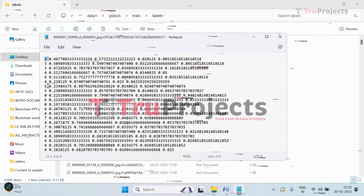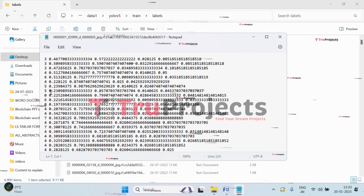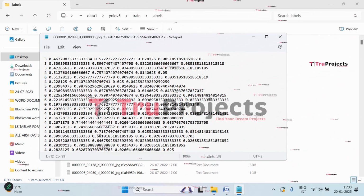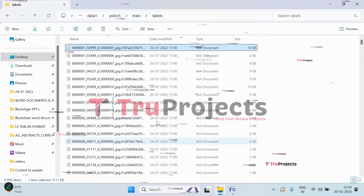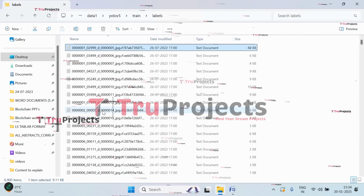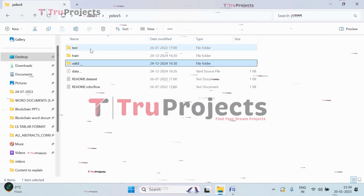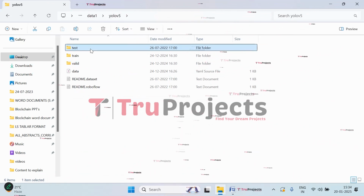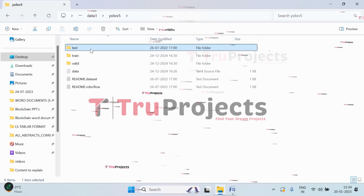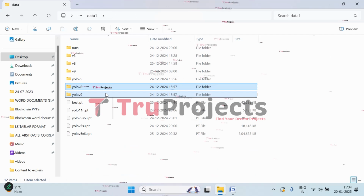Here 3 is one type of object, 4 is one type of object, 6 is one type of object, 5 is one type of object, 0 is one type of object. Accordingly, we will have many objects. So let's close this. Similarly, we will have this in all the other annotation files. Let's get back. The images in the validation folder and test folder will be used for evaluating the trained model to see how well it is detecting on unseen data. Let's get back. The same images we have in YOLOv8 and YOLOv9